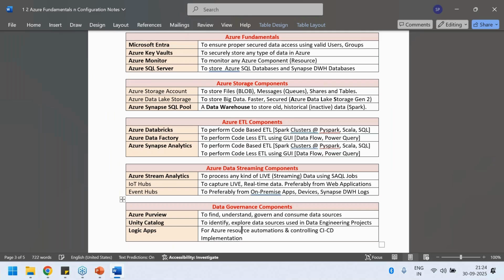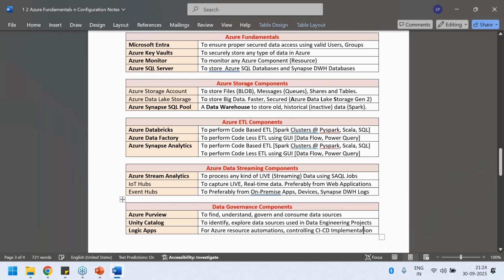Next, automations, controlling CI/CD implementation. Then we also have something called Azure functions, used for, again, the concept of live data ingestions, automations, and governance. This is based on something called Lambda architecture. So we need to learn all these items carefully